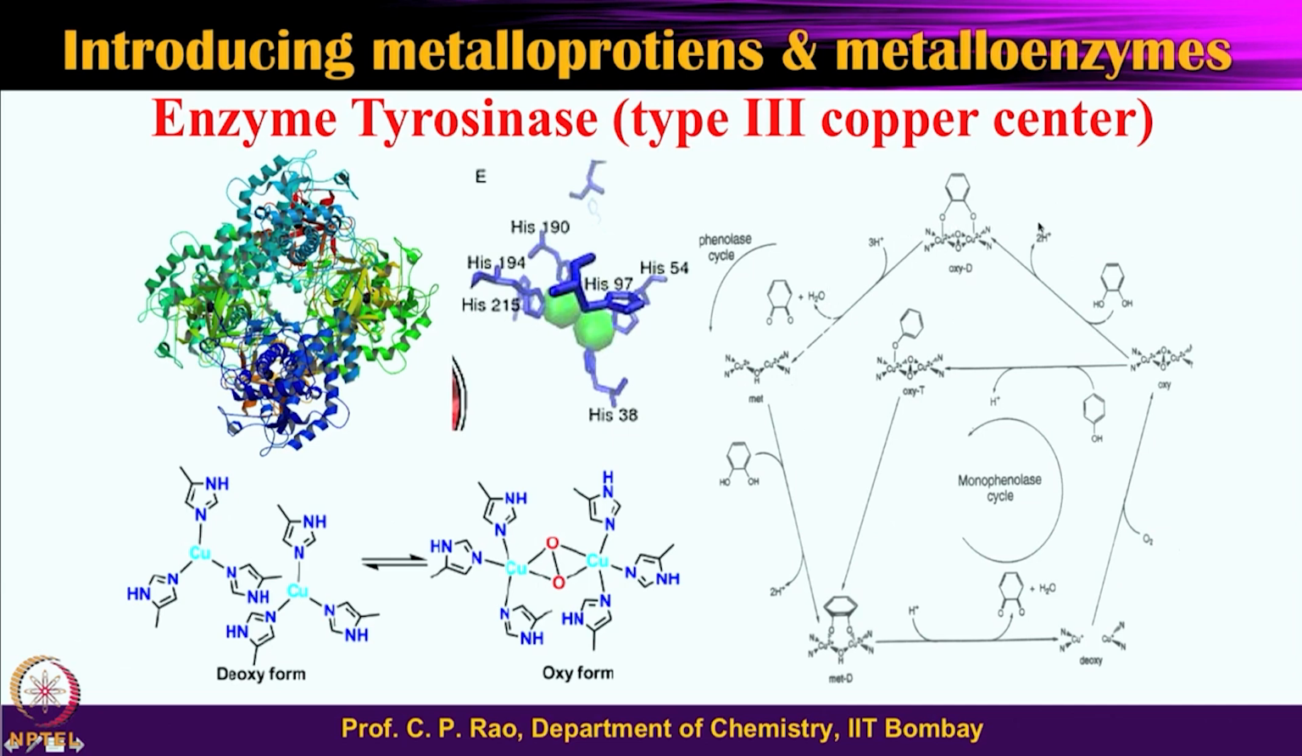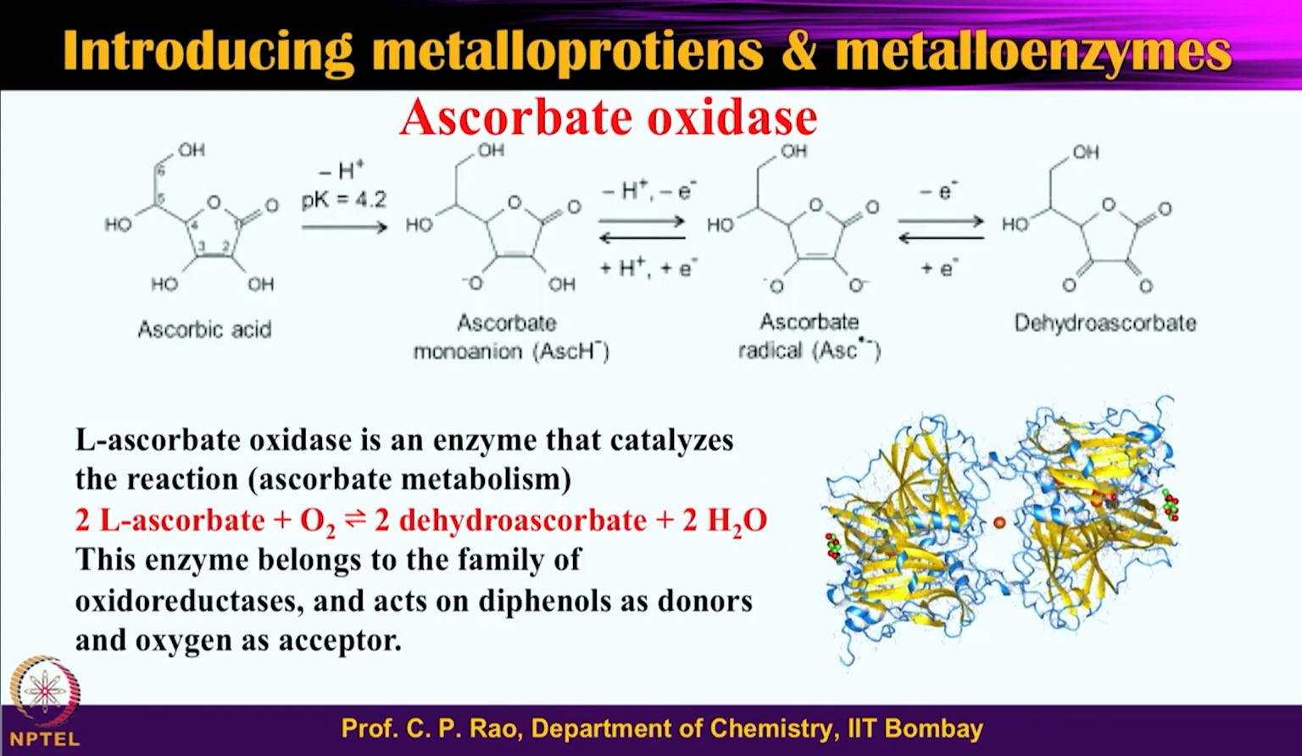So, the first reaction will give the catechol, second reaction will give another catechol, and so in each case the oxygen is converted into water, totally 2 equivalents of water. Whereas in the monophenolic case only one equivalent is reacting and that gives the catechol. And then you have seen ascorbate oxidase, from ascorbic acid to dehydroascorbic acid, as you can see, and this is